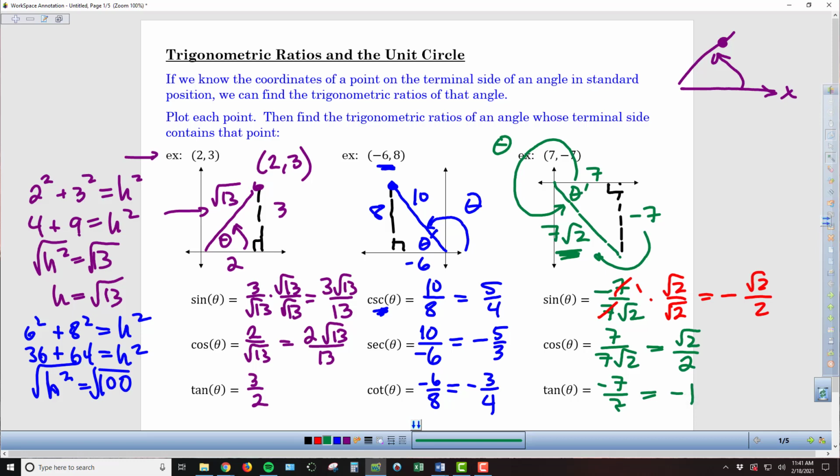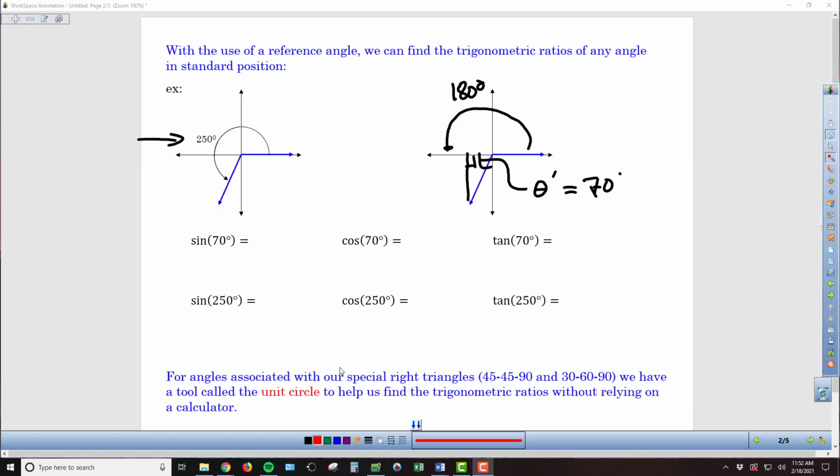So again, these are examples of how we can find any trigonometric ratio if all we know about the angle is a point that's on its terminal side, so long as that angle is in standard position. So now let's use a calculator to see the similarity and differences between the answers for the sine of 70 degrees and cosine and tangent, and then the actual angle that we're interested in, this 250 degrees. So if we type in sine of 70, making sure that our calculator is indeed in degree mode, we're going to get an answer of